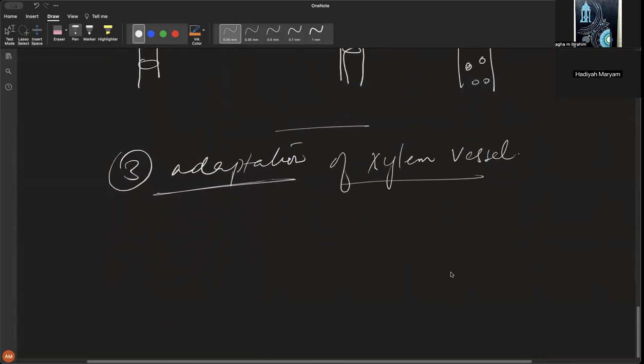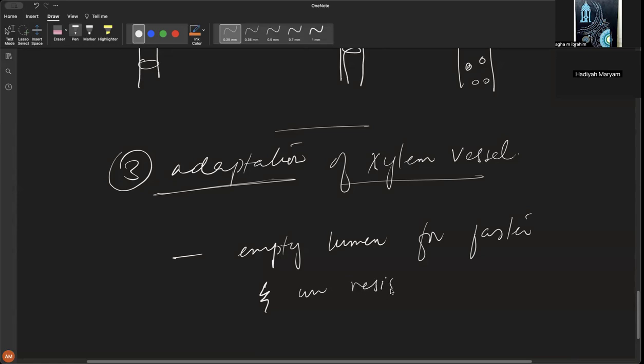It has an empty lumen for faster and unresisted transport. Right. Lignin